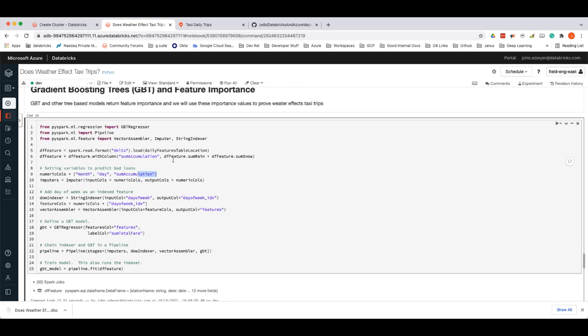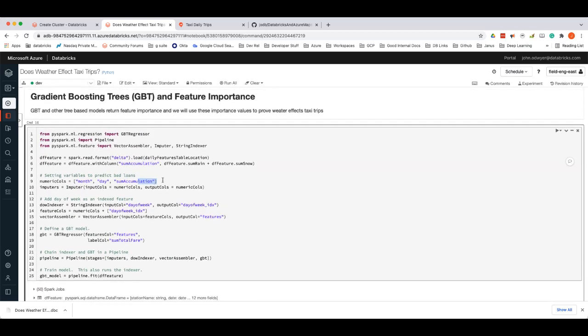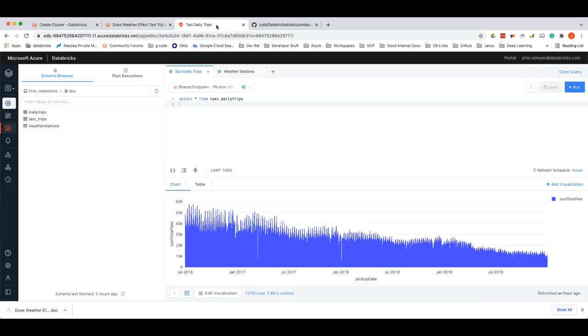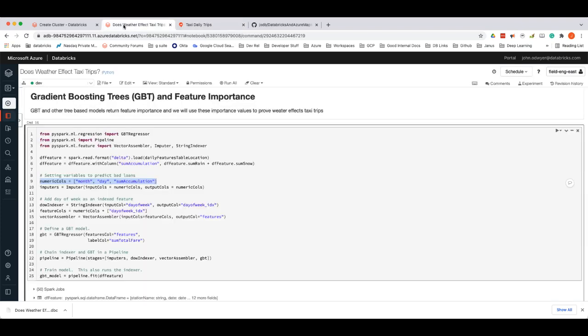So first of all, I did want to point out one thing. We are not going to use year in this case. As we determined from our graph, on a year-by-year basis, it's definitely in strong decline that we can visibly see, based off of the decline in fares over the course of time. So what we're going to actually do is leave out year, because